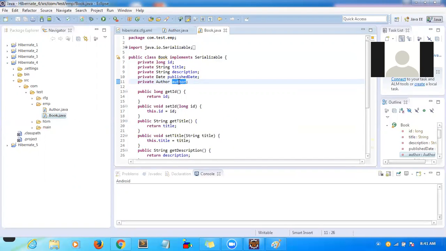Now see here, inside the book you will see an author object. We are referring to the author object. Why? Because a book needs some author, correct? So that's what we are trying to refer to inside the book class, the author details. Okay, now this is fine. Now go to the